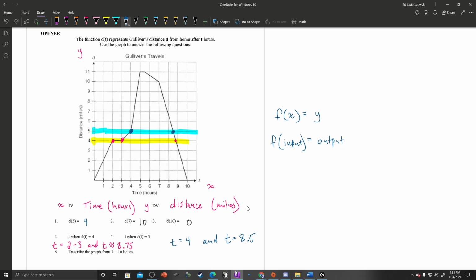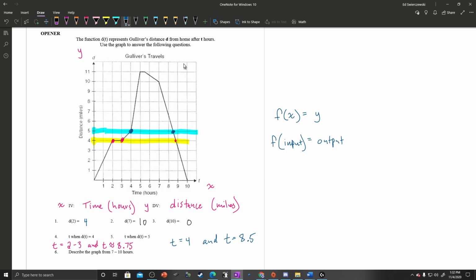Right. So when we're given a graph and we're asked questions like this with function notation, we just need to remember, if we have to first look for the input, in which case we should look on the x-axis, find in question 1 it was 2, and then follow that up to find the y value. Or in numbers 4 and 5, we're given a y value and we need to determine at what t value is the graph equal to 4. And there can be more than one answer,